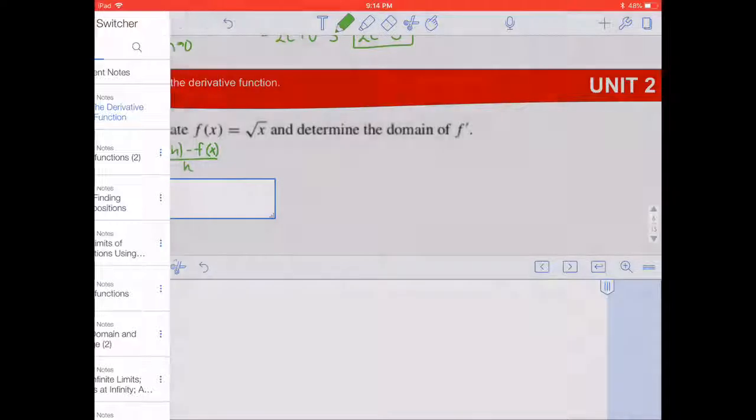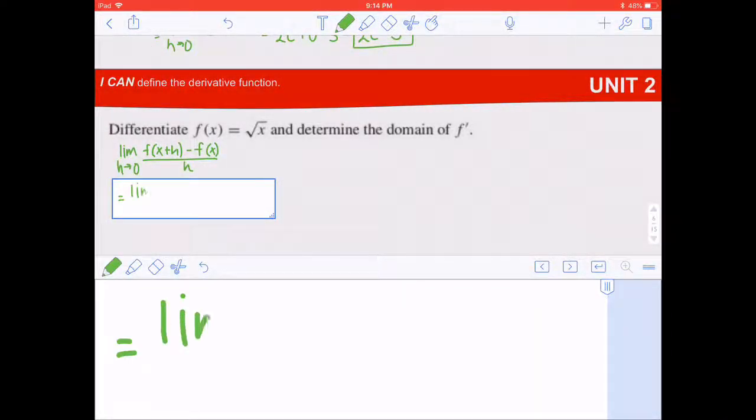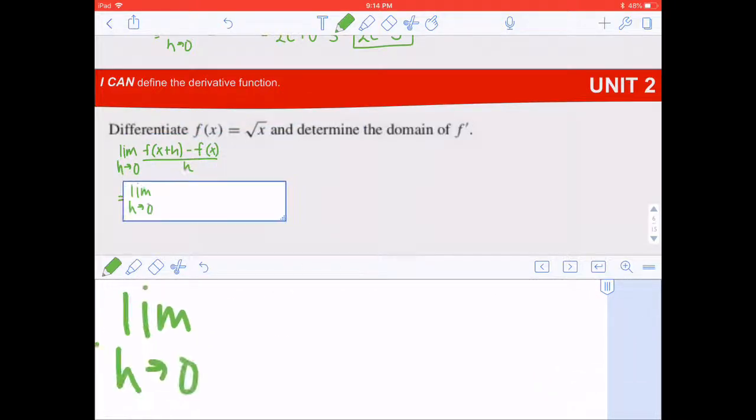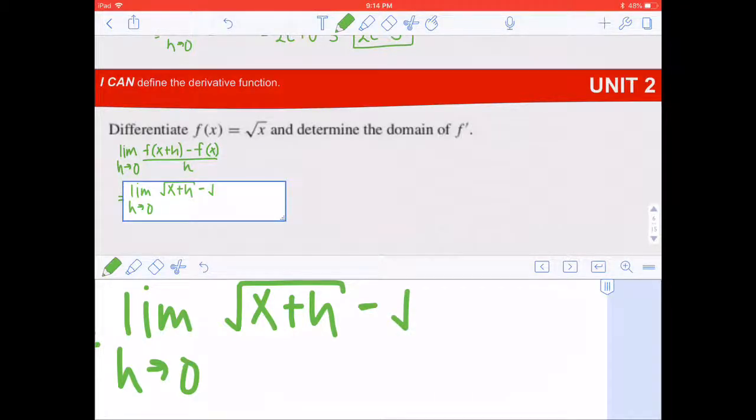So very similar to the last problem that we did, we're going to plug in x plus h into our f. So that's going to become the square root of x plus h. And then subtract f of x, which is just the square root of x,